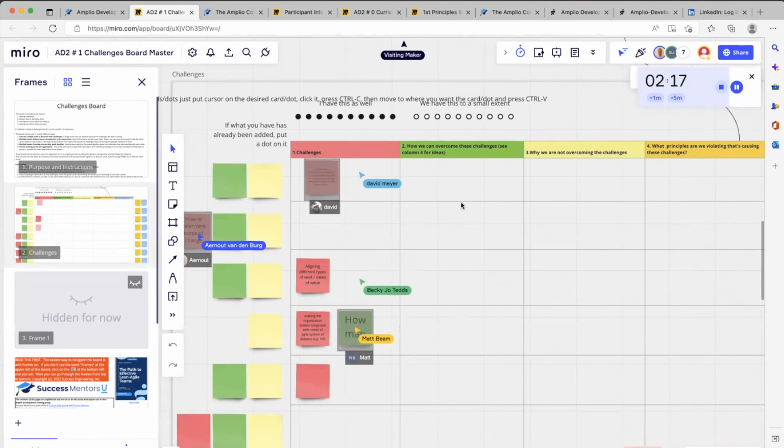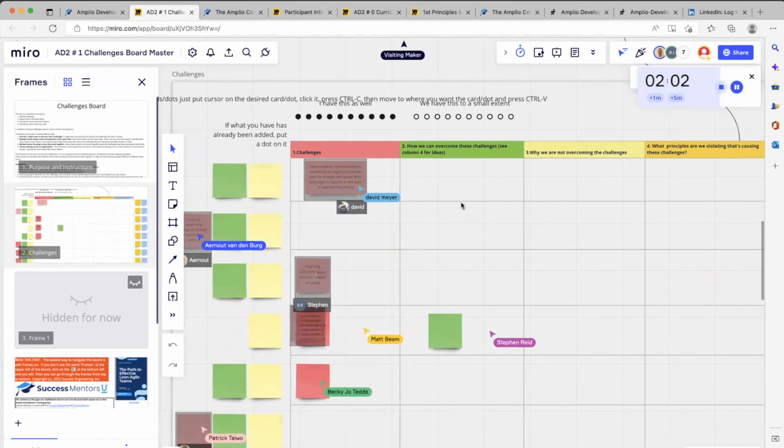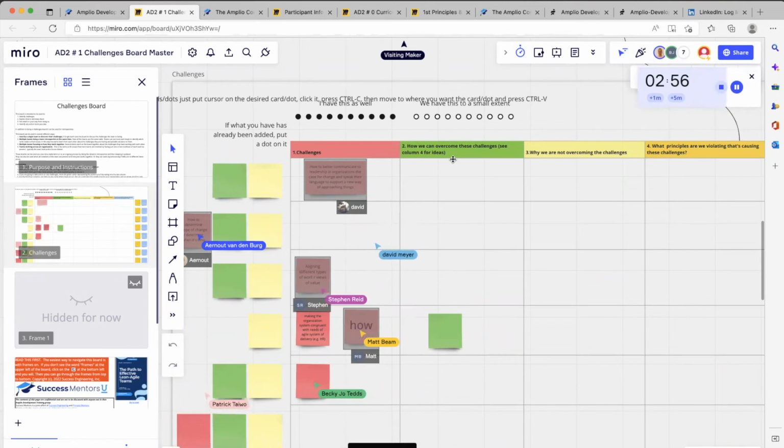Now the green needs to go into the green column, which is how we overcome these challenges. Got it. Okay. So use red in the red column. This is what our challenge is. And yeah, you can start adding in the green too, how we can overcome these challenges. So just do these all together. In fact, I'm going to bump up and do red and green together. Here are our challenges. If you have an idea, you may not know, I got this challenge. I don't know how to fix it.